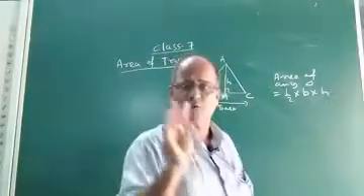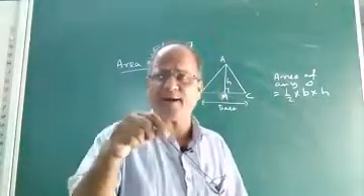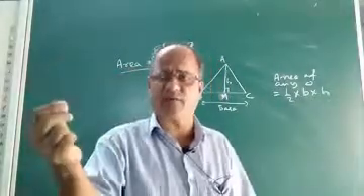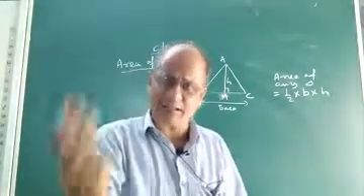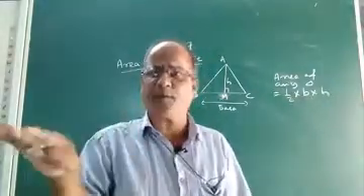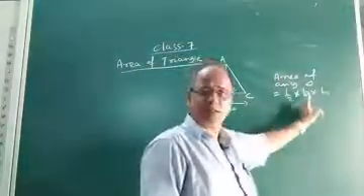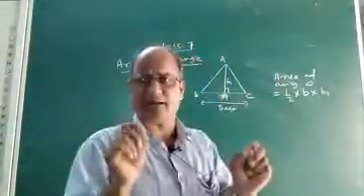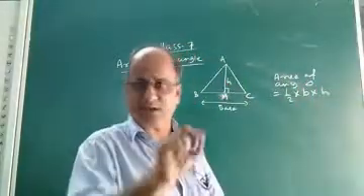Of course, the formula to find the area of different triangles is different. We can find the formula for an equilateral triangle in another way. We can find the formula for a right angle triangle. There are different other formulae to calculate the area of specific triangles. But this formula we can apply to any triangle. That is why it is written as area of any triangle in general, not in particular.